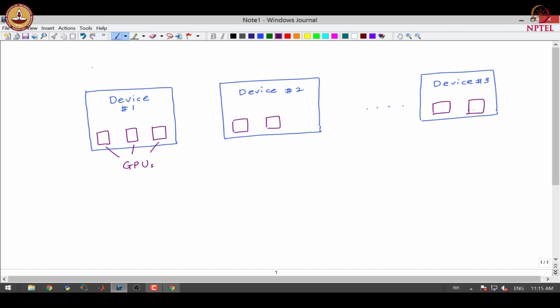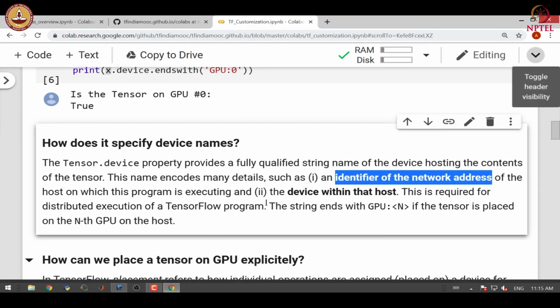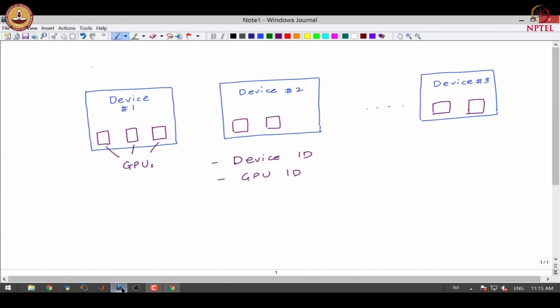So, in order to understand where exactly the tensor is stored, we need to know the device identifier. There are two things that we need to know: one is the device ID and the GPU ID within this device. So, what we do is we have a string that will have things like device 1, GPU n, where n is the ID of the GPU.